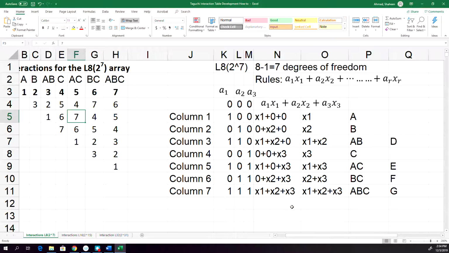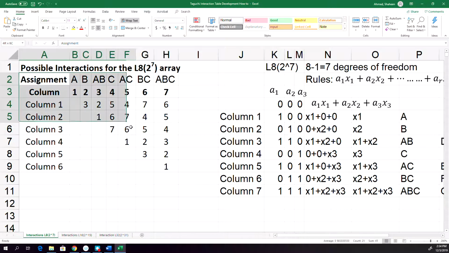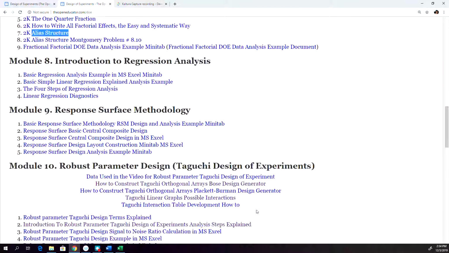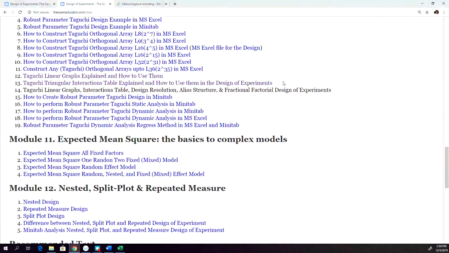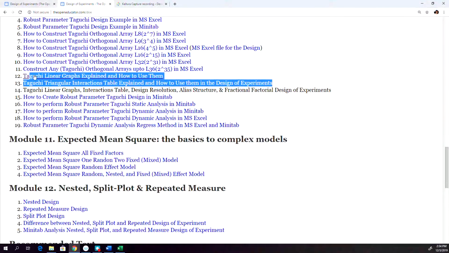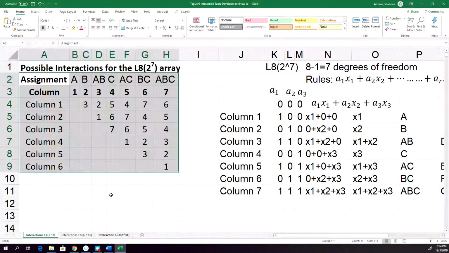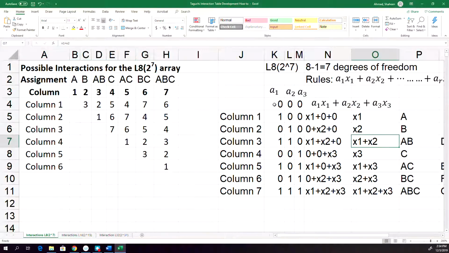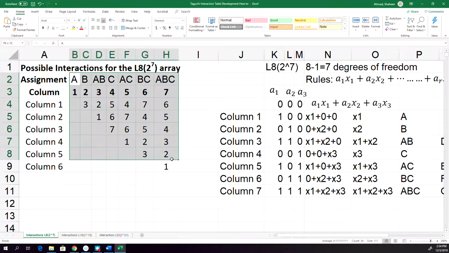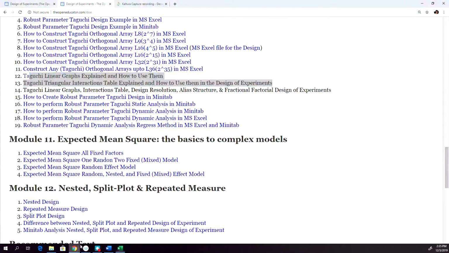Now, even though Taguchi gives you these nice interaction tables, linear graphs, to understand them and how to apply them, there are 2 videos right here. You can watch them and see how to apply them. However, without understanding the design resolution or alias structure, when you assign this interaction in different columns, it might not make any sense. So in an apparent look, Taguchi looks easy, but to really apply it, you probably need knowledge in